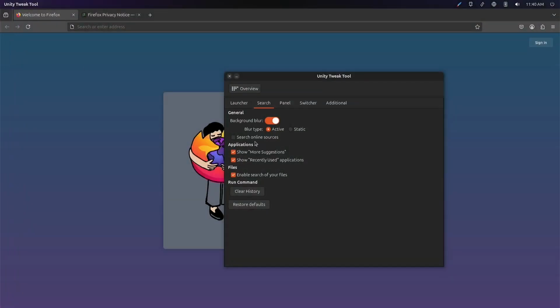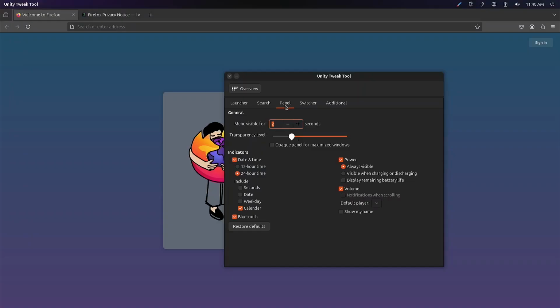Let me see here. In the panel. Okay. The panel would be this top bar up here. I ain't no commie foreigner. I want 12-hour clock. Give me that 12-hour clock. Include the calendar. Bluetooth. Hour is always visible.